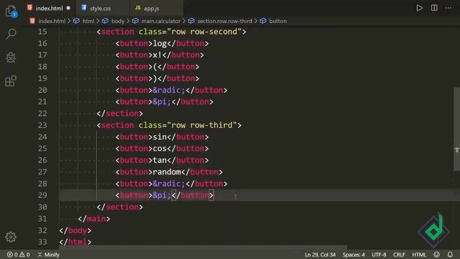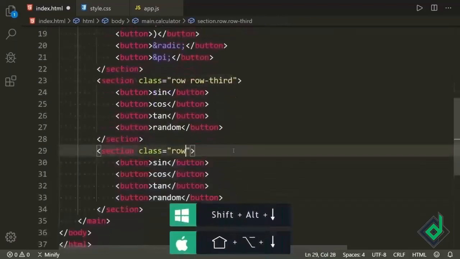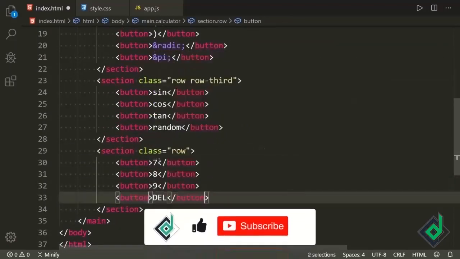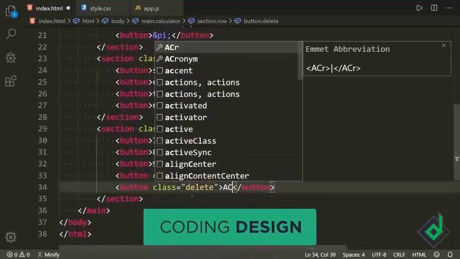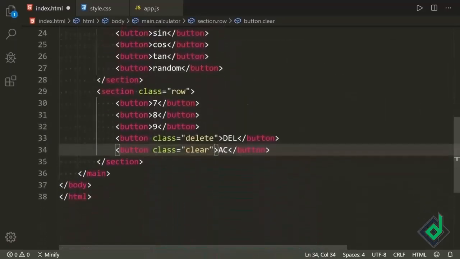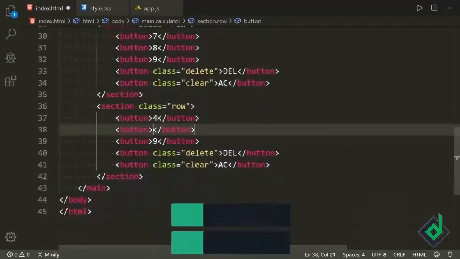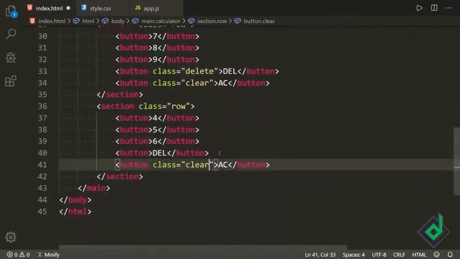If you have noticed that purple color text, that's what you call HTML entity. If you don't know what's HTML entity, let me know in the comment box, that I would make in the future like separate video for that. And this process is gonna take a bit more time, so I'm speeding up the process.